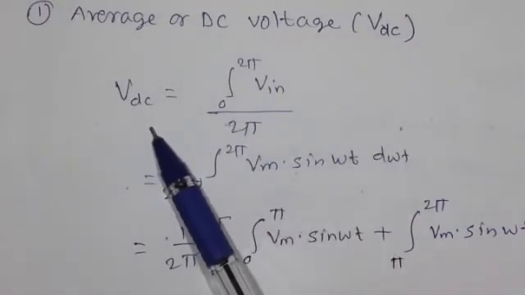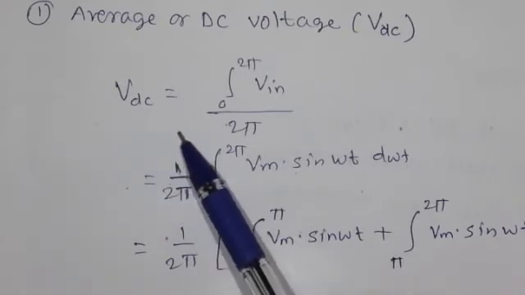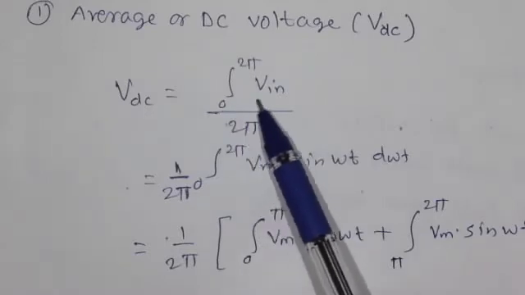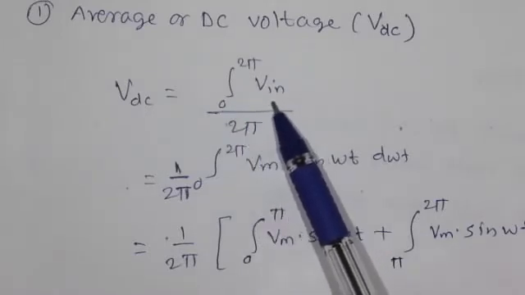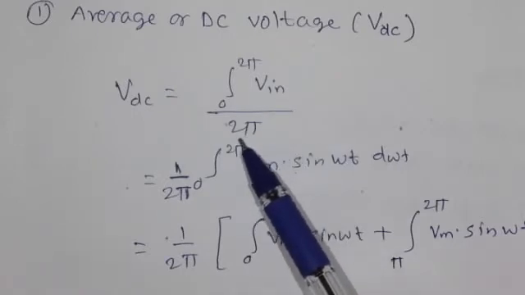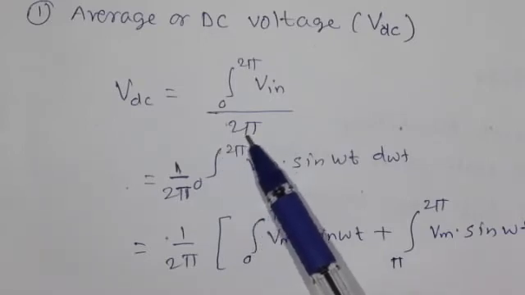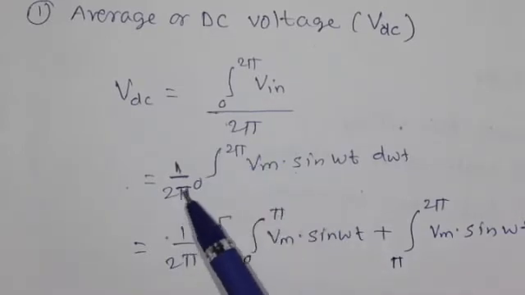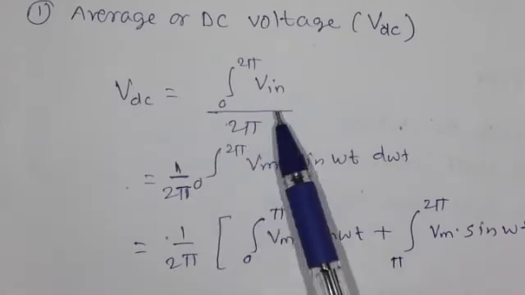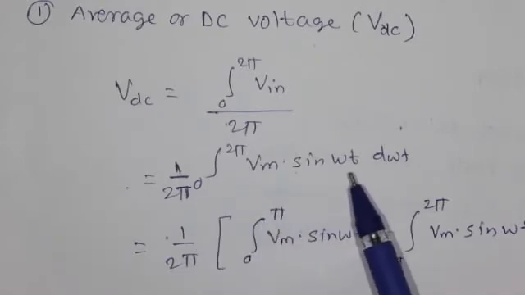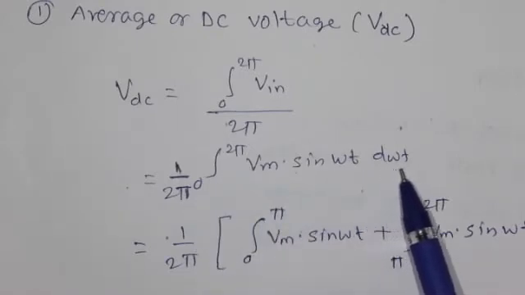Now the DC voltage: whatever output voltage is observed, we have to convert that output voltage into the corresponding DC component or average. That must be done by taking the integration from 0 to 2 pi of the corresponding input voltage divided by 2 pi, because we have to take the total signal and take the average over 2 pi, or 1 cycle. Now by putting in the value of the input voltage, we represent the equation as 1 upon 2 pi, integral from 0 to 2 pi of Vm sin omega t with respect to d omega t.